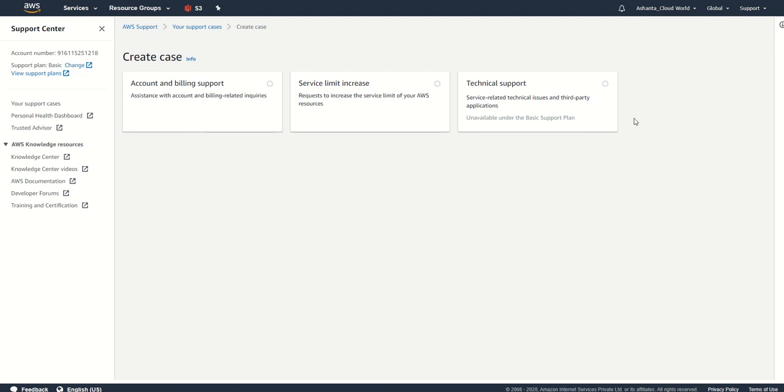Then you automatically get an email from the AWS team saying we received your request and we are working on it. Then the request will be forwarded to the accounts and billing department, and that department will forward your request to the AWS team who will handle increasing these instances. Once they get approval and all those things, they will do it. I think it will take more than half an hour, maybe 45 minutes, and within that time they will reply to you. Just keep watching this support portal to see the status of your request, and once it is approved you can start creating a number of instances there.